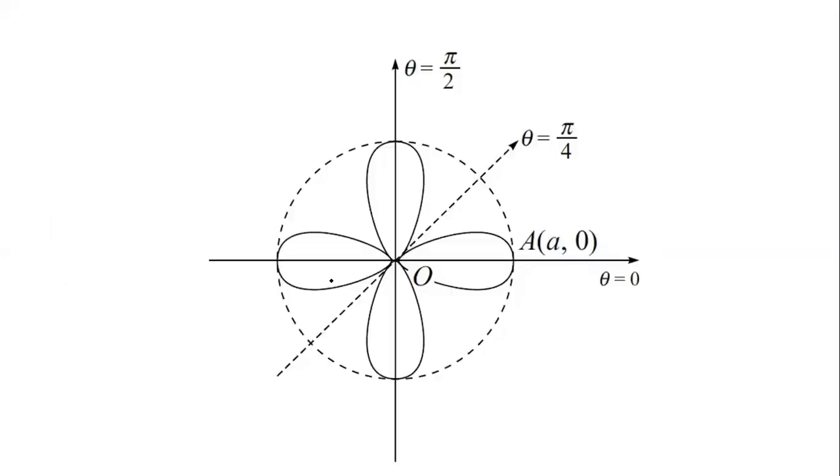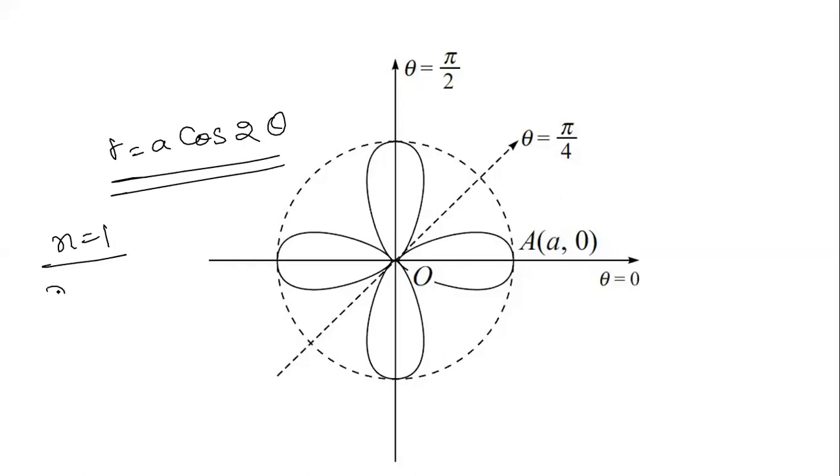And before that, let me tell you that this is the graph r equal to 8 times cos of 2 theta. We have mentioned here n is equal to 1 and m equal to 2. I had mentioned that there will be m loops if m is even, and there will be 2 times m loops if m is odd. Yes, m is equal to 2 is even, so there are 4 loops within the circle.